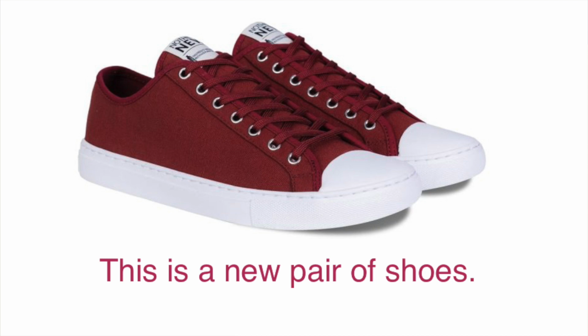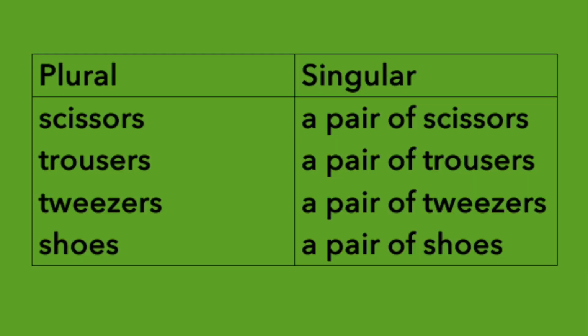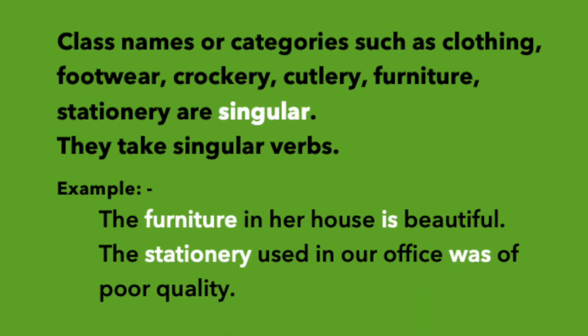This is a new pair of shoes. There was a pair of trousers in the laundry. But if we omit the words "a pair of" and only use the plural word, it must take a plural verb. Then, class names or categories such as clothing, footwear, crockery, cutlery, furniture and stationery are singular and must therefore